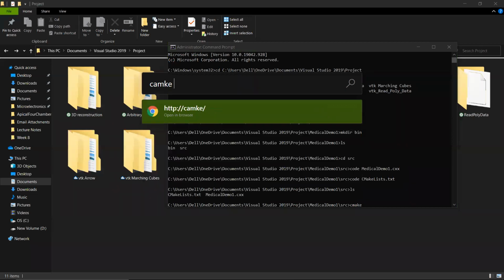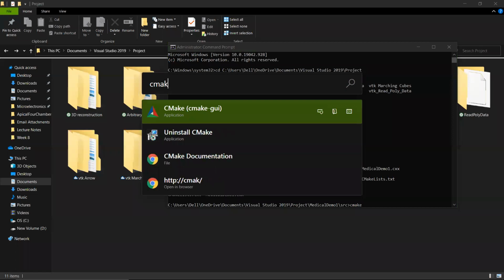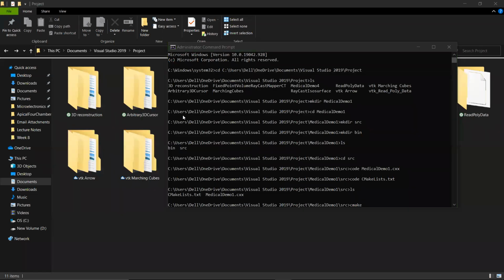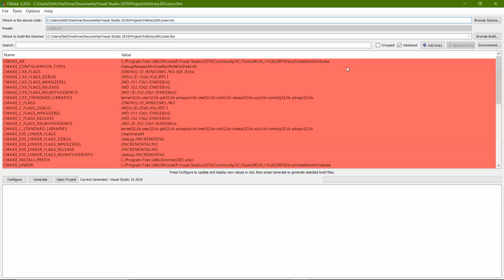Let's just open it first. CMake GUI. So this is the CMake graphical user interface. I would prefer creating binaries using this because there are a lot of customizing options, like we can clear the cache memory or clear the binaries in this GUI.